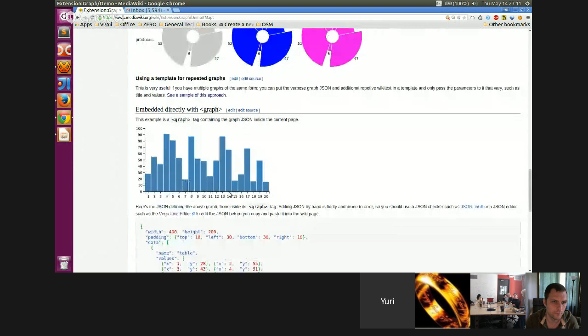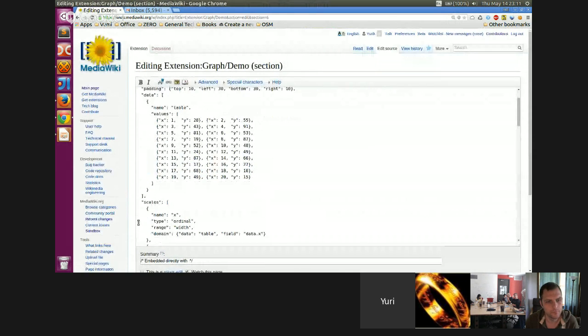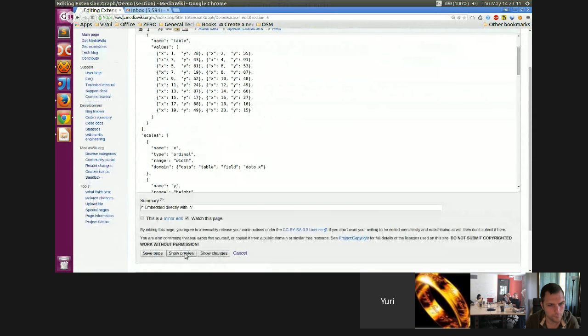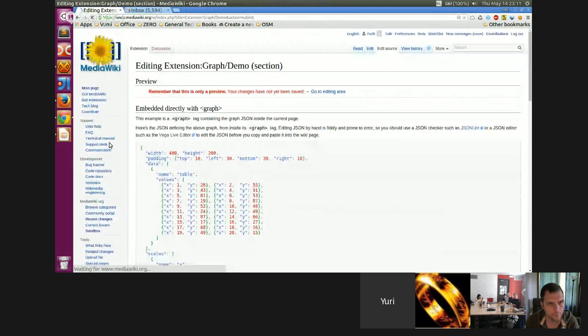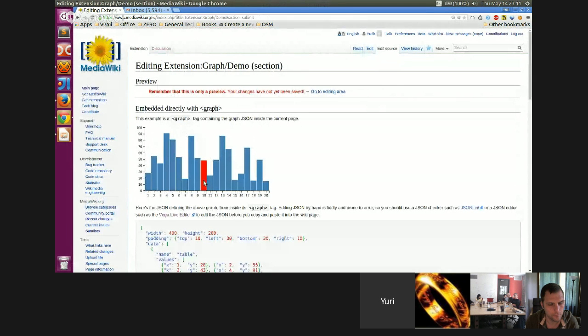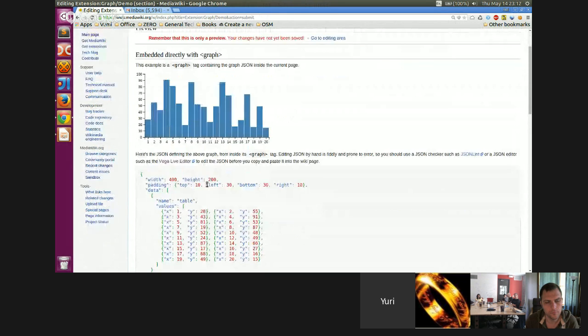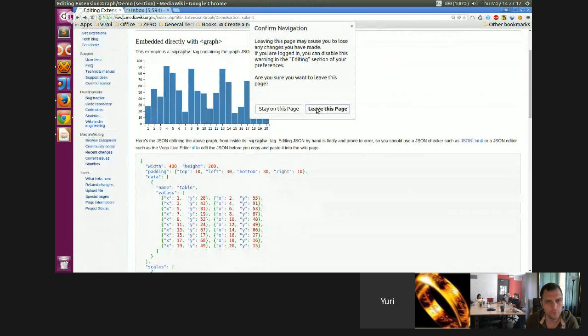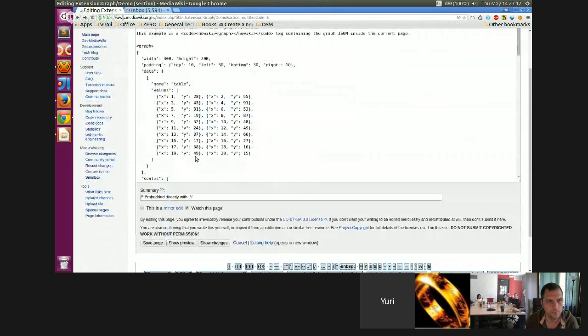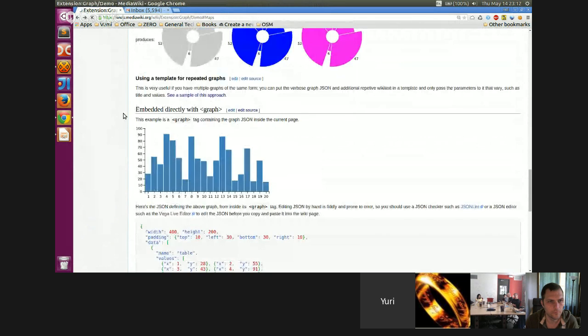If you click on edit source here and you go to page show preview, you'll see that the graph actually becomes live. That's because at this point, and it might change in the future, this gets rendered locally as opposed to by the Graphoid service. Leave this page. We're not gonna edit this now. Okay. Now next,